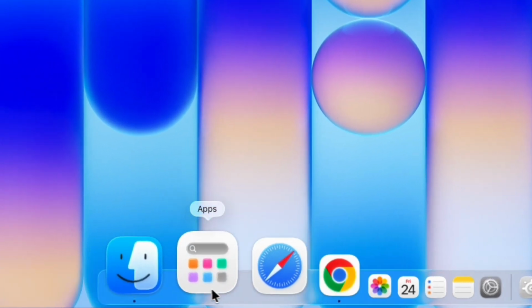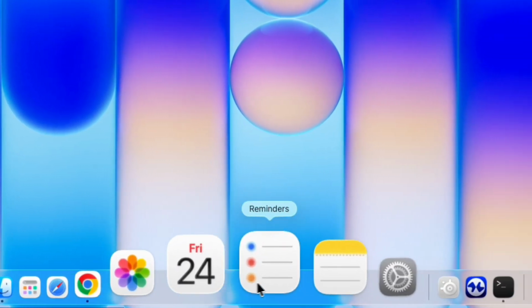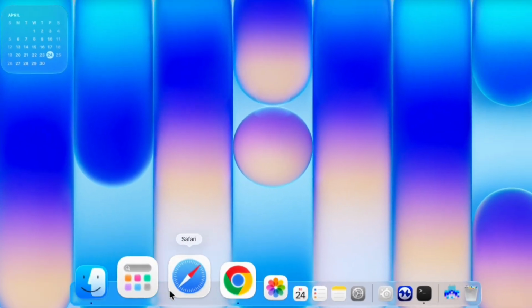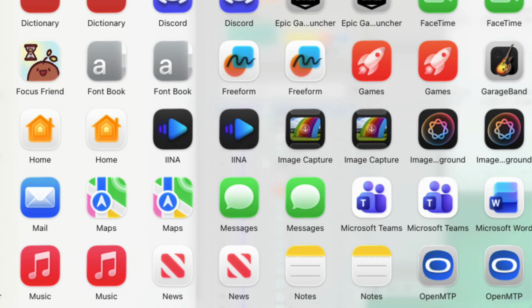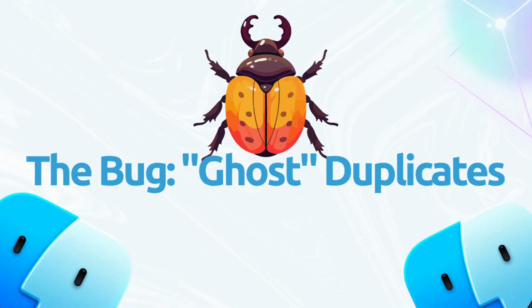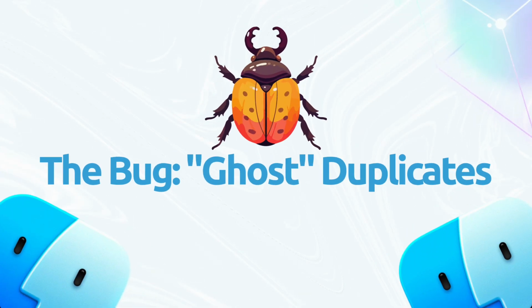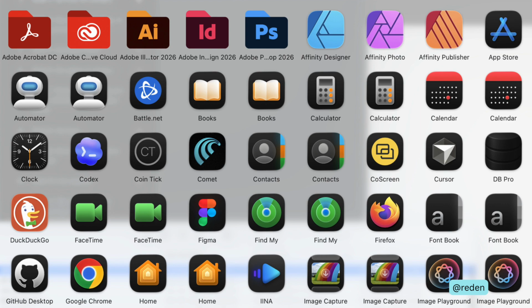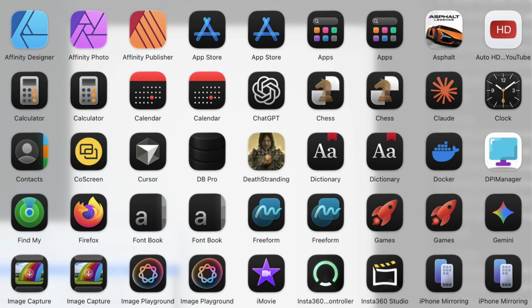There is this visual bug in macOS Tahoe where app icons in the All Apps or Launchpad view appear duplicated, making it look like you have two of every application installed. In this specific glitch, your Mac displays twin icons for every app. While it looks like a storage-eating disaster or a failed installation, it is actually a purely visual cache error within